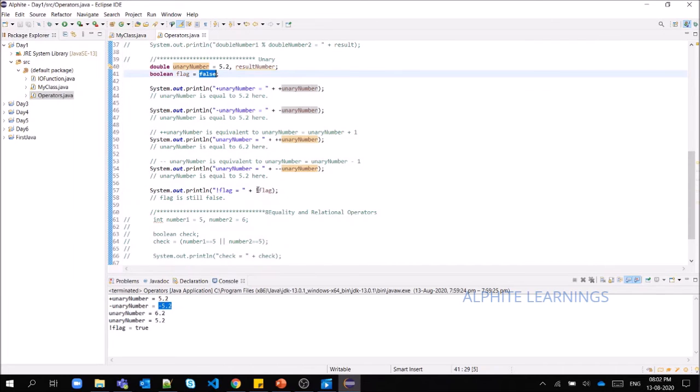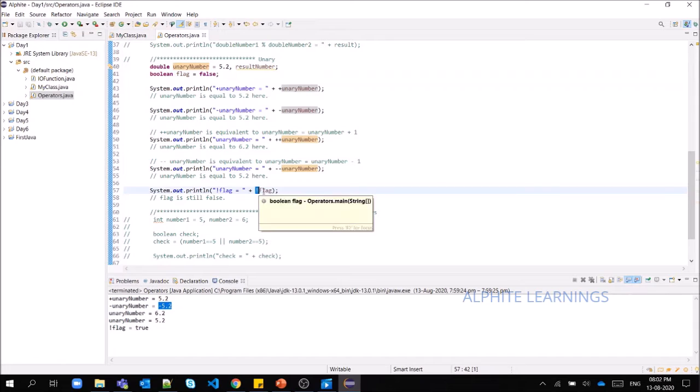So I am giving the not operator in front of flag, and I'm getting true. It is changed. If I had given true over there, it will convert it the other way, it will convert it into negative. It is false, and the false will get printed.